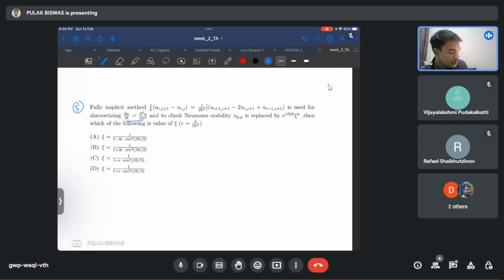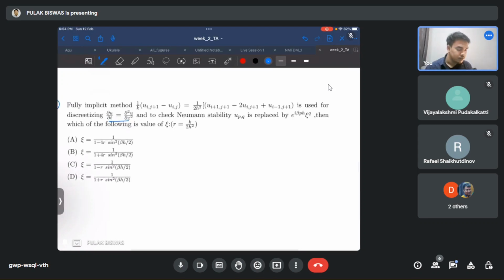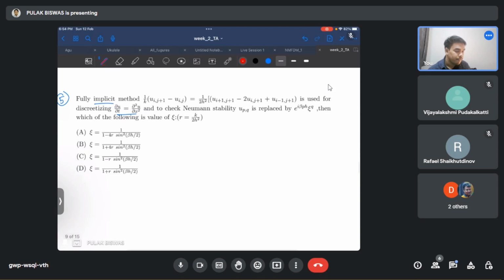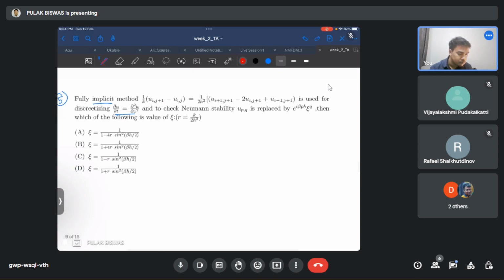So in the von Neumann stability criteria, for using some schemes, here we have used the implicit method for approximating the time derivative and spatial derivatives, and we found this one. So if I write this one again,